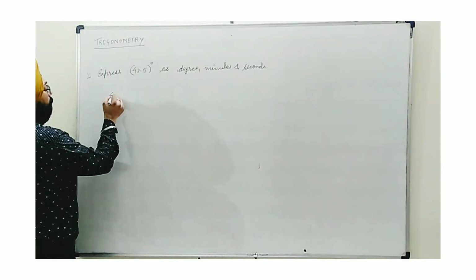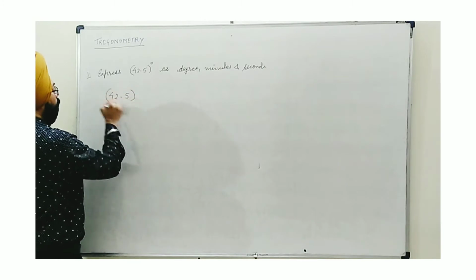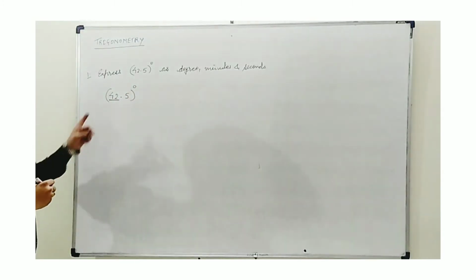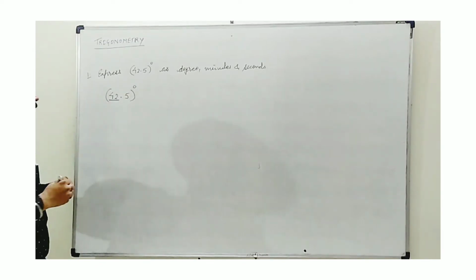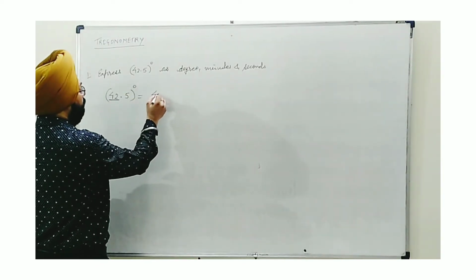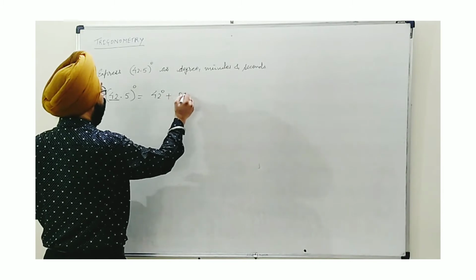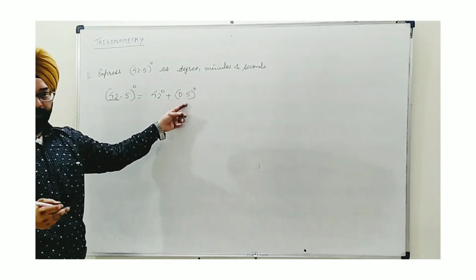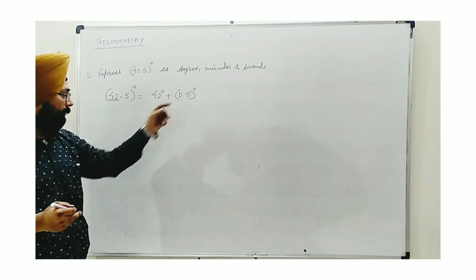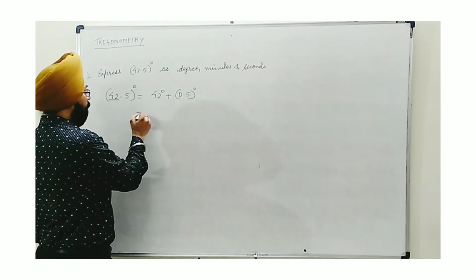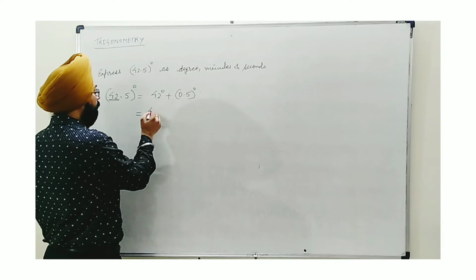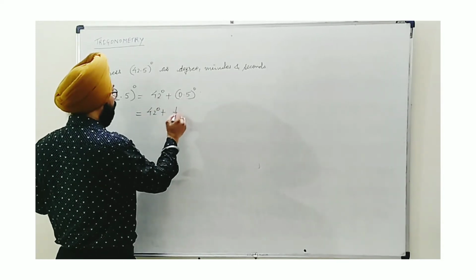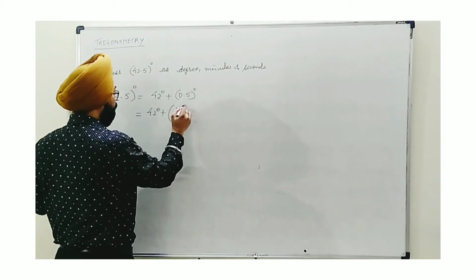First of all, 42.5 as whole degree is given. Here we see that this part is the whole number part, so this means it is a complete degree. So this can be written as it has two parts, 42 degree plus 0.5 degree. This way I have separated the incomplete portion of the degree. Now we will complete in terms of minutes and seconds obviously. So 42 degree remains as it is, 0.5 can be written as 1 upon 2 degree.